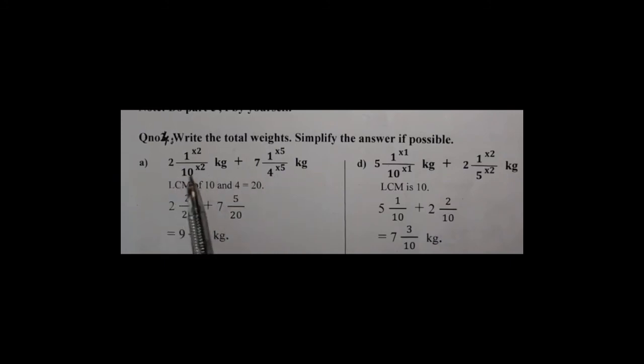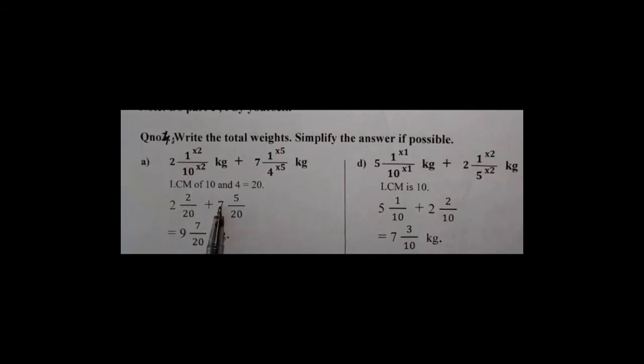First we will take the LCM of 10 and 4, that is 20, because 2 times 10 is 20 and 5 times 4 is 20, and 20 is the LCM, means least common multiple of 10 and 4. Now we can see that 2 times 10 is 20, that's why we will multiply the numerator with the same number. 10 2s are 20 and 1 2s are 2. Now 4 5s are 20, then we will multiply the numerator with the same number. 1 5s are 5.